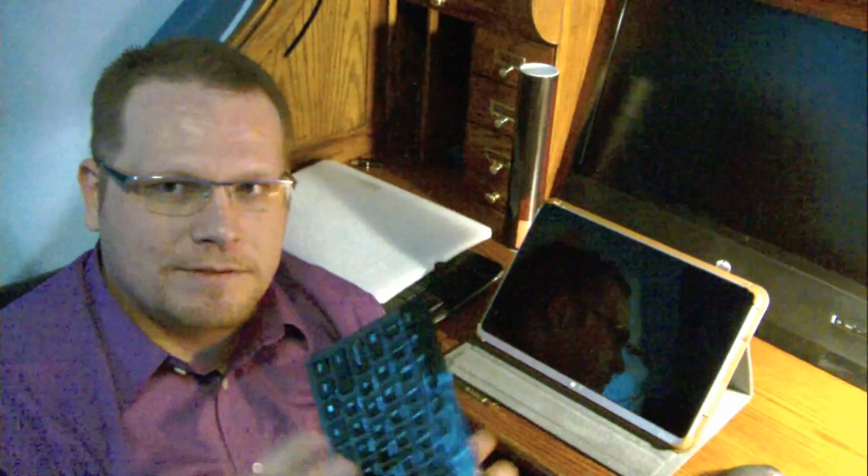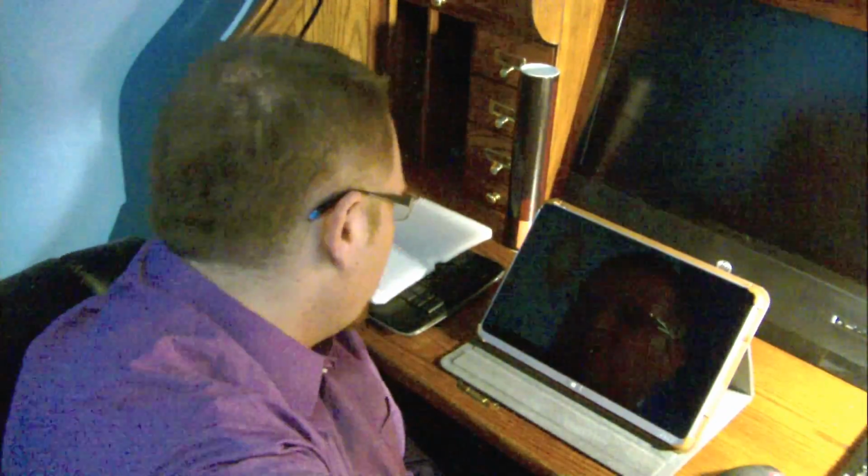And once you are ready to type, if you're sitting in low light situations, it'll light right up for you. It's really nice. The feedback on the keys, great. I love Logitech peripheral devices. Now if I can get them to make a Bluetooth mouse that's up to par with some of their mice that use the little unifying dongle, I would be so happy. So that actually brings me to